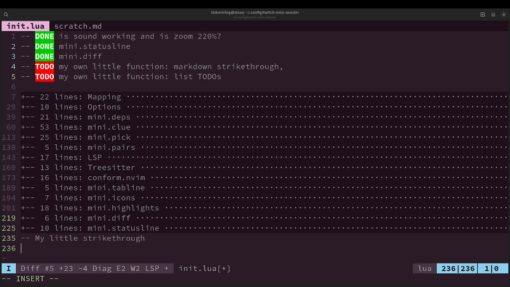It's going to be something like function, let's call it my strikethrough, like this,